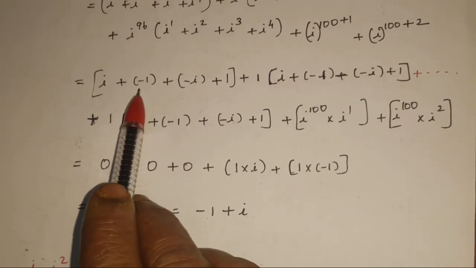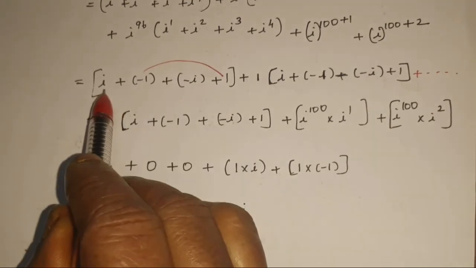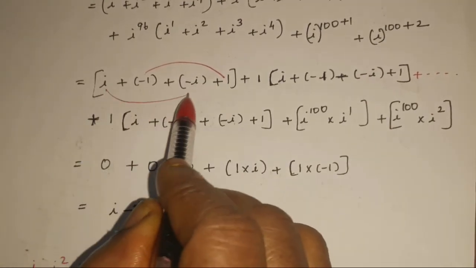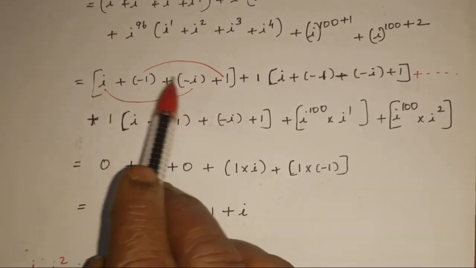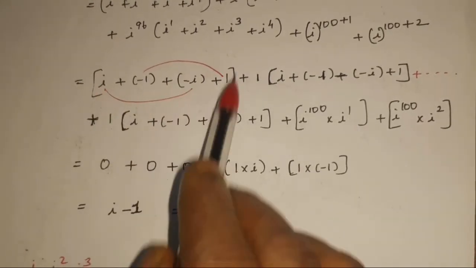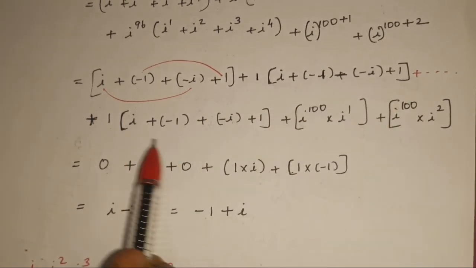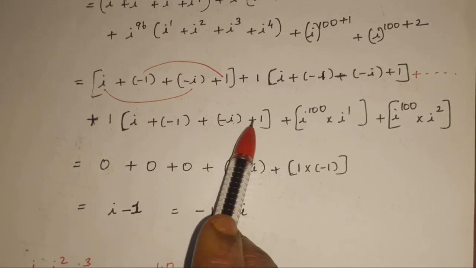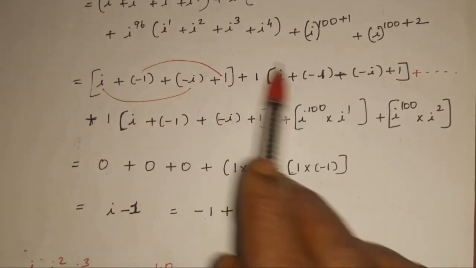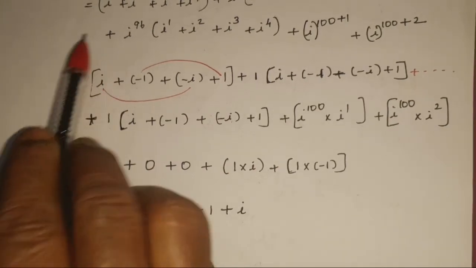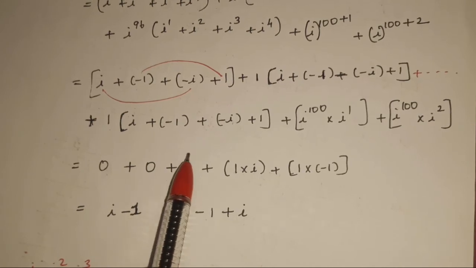Next, here what? Minus 1. Here plus 1. Minus 1 plus 1 becomes 0, cancelled. Similarly, plus i minus i is also 0. For the first value it becomes 0. Similarly, the second part is also the same thing. Here also minus 1 plus 1 is 0, plus i minus i is 0. So all this part is 0, because we take i power common. We easily find 0 for all of it, unable to find each value.